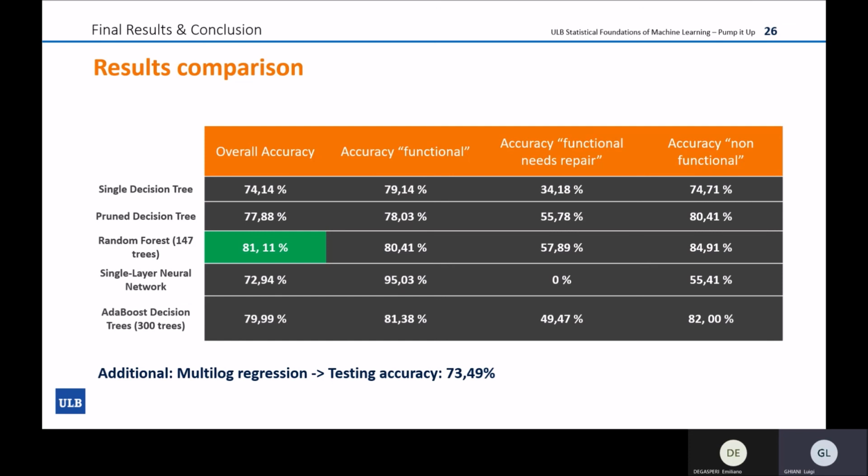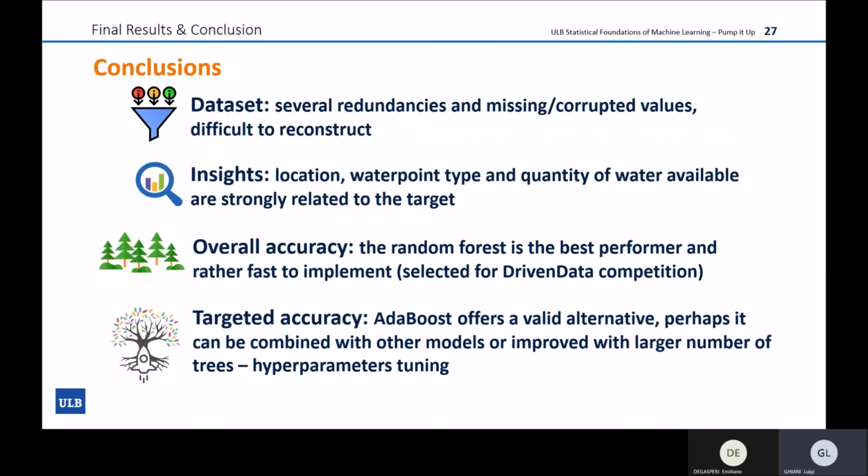As mentioned, we have tested also another algorithm, the multi-logistic regression. We are not presenting it in detail in this presentation because the testing accuracy that we get is lower than our best performing models. So in conclusion, what we can say about the data set is that we have identified